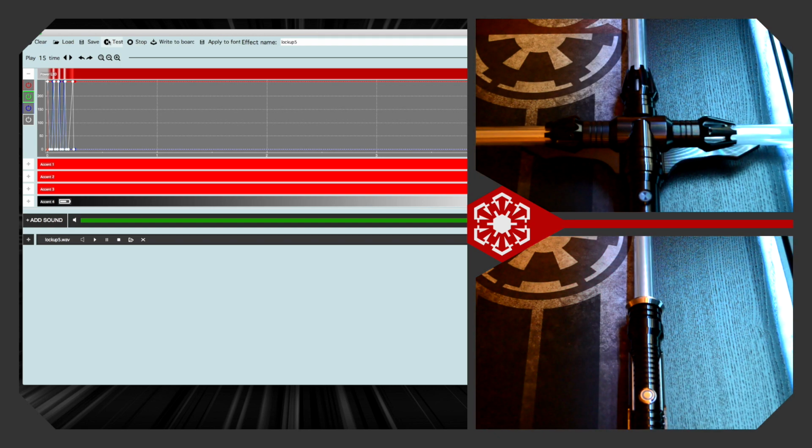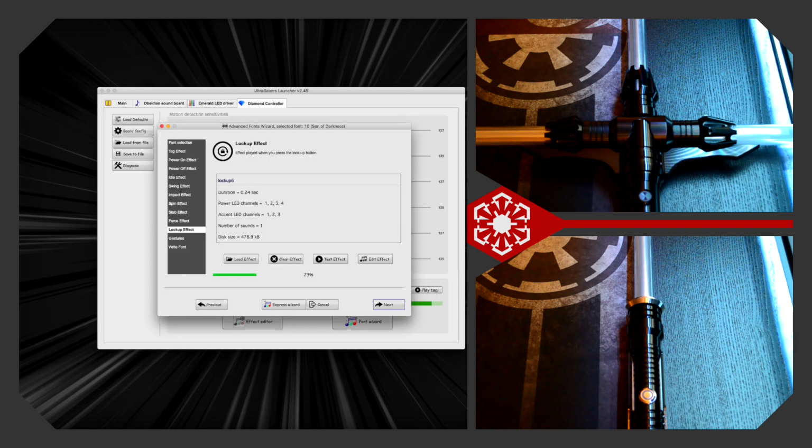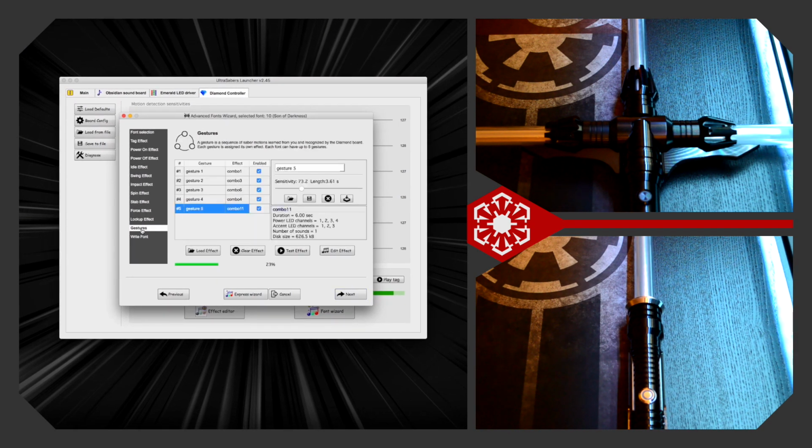Lockup number 5 has probably the most Praetorian Guard weapon sound in it. I just found that sound to be particularly interesting, which is, of course, something that Star Wars content has always been really great for. So, those are all your available Lockup effects, and we'll move on to the gesture section